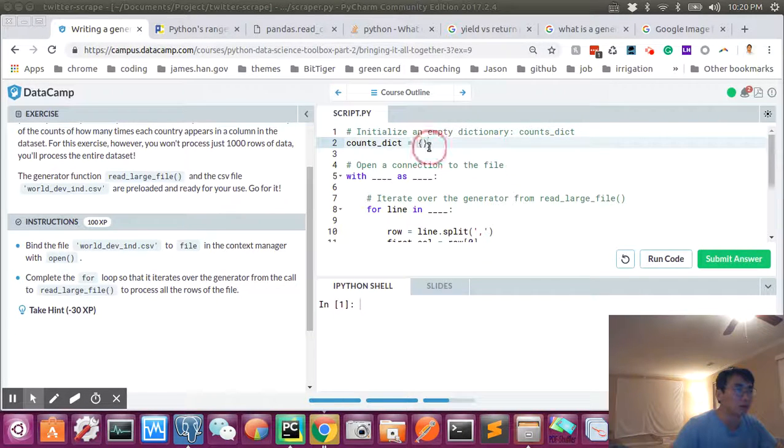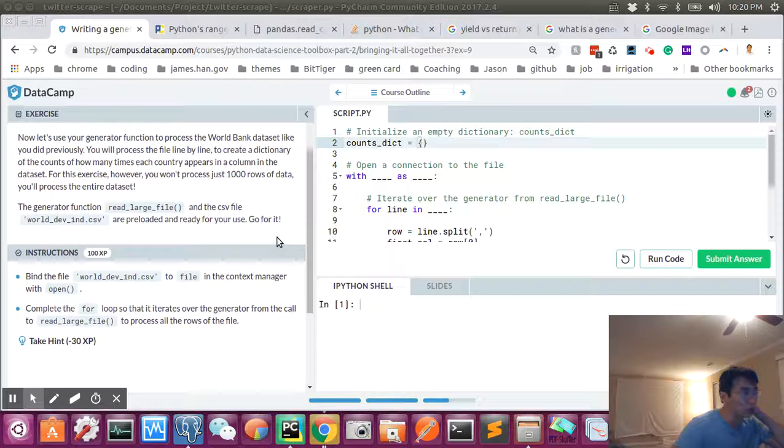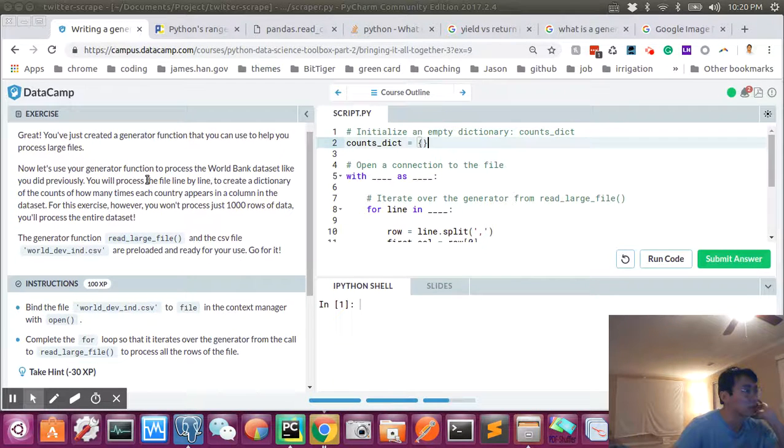So first you have this dictionary. Why do we need the dictionary here? Let's use the generator function to process the file like we did previously. You will process the file line by line to create a dictionary. Okay, create a dictionary to count how many times each country appears in the column of the data set. We've done this before, so we just need to open the